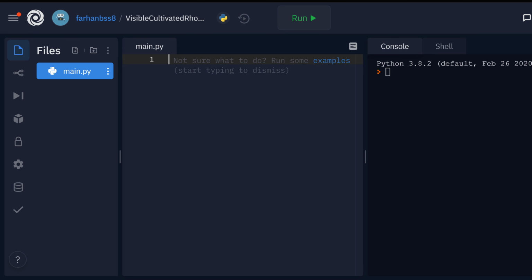Anyway, just to summarize, today we'll be going over the input function. We use it to take input from the user, and then we can do anything we wish with that input. We will also be learning about how to get the length of a string,